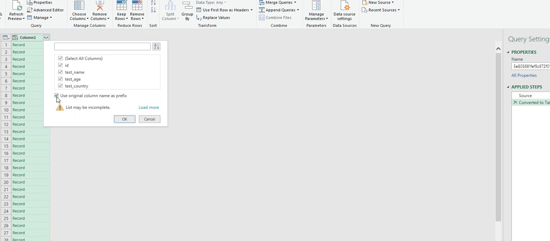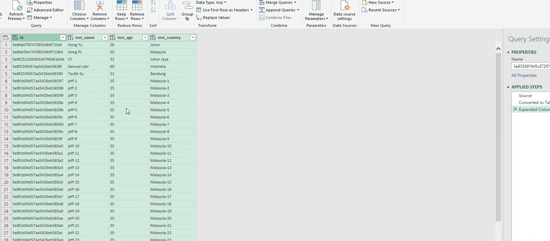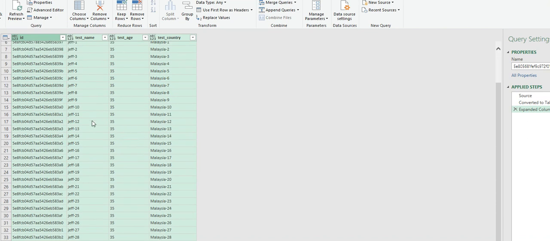It doesn't matter. First thing is normally I don't use the original column. I will use my own column. Then you can select which one you want to view. But in fact, you can still change later on, load more. Even though you see the warning here, it doesn't matter because it will still load after you have clicked here. You can see actually you have all the data here, right? Which is already inside our database. Let's just close and load.